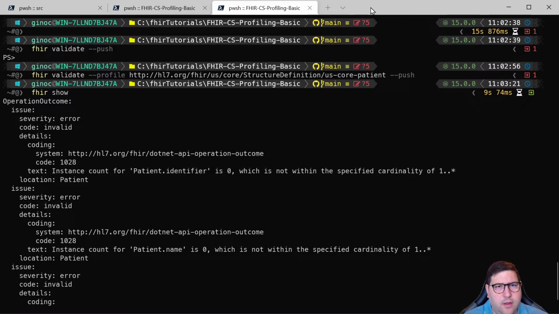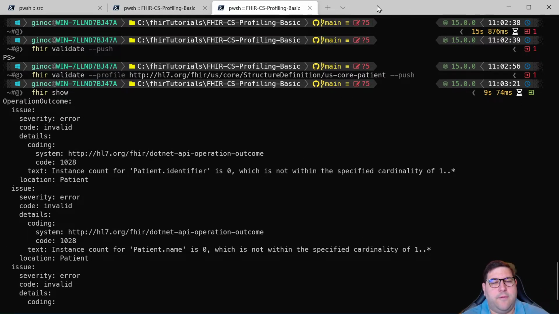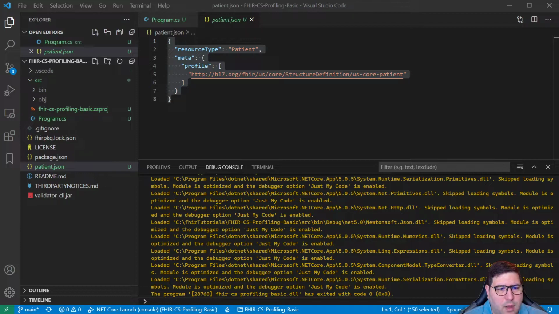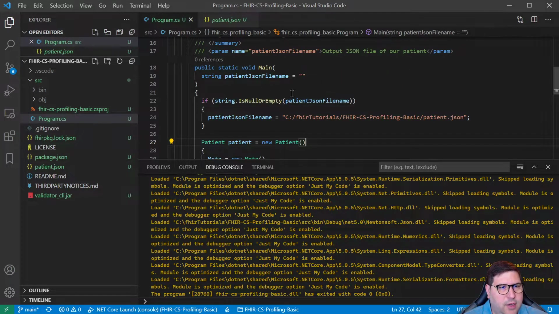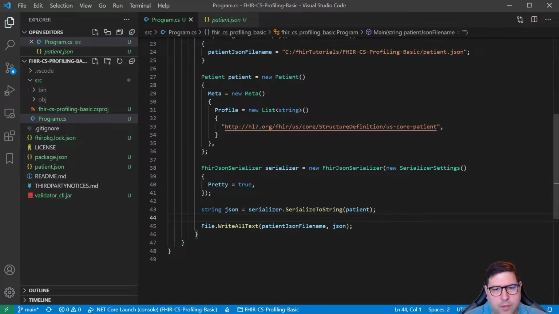So we have the Inferno test tool that we saw, the Java validator that we saw, and the FHIR terminal that we saw. What we're missing so far is still some way of doing this in code. And especially as we're playing with it here, that would be really nice to have. So now we come back to